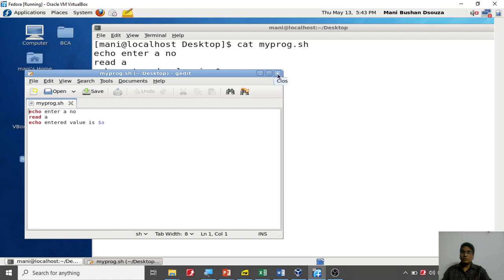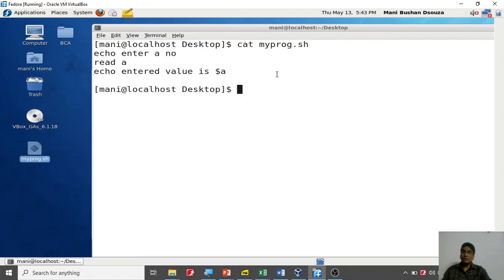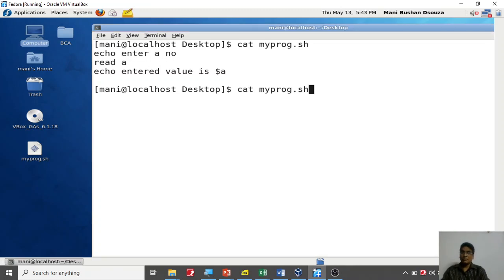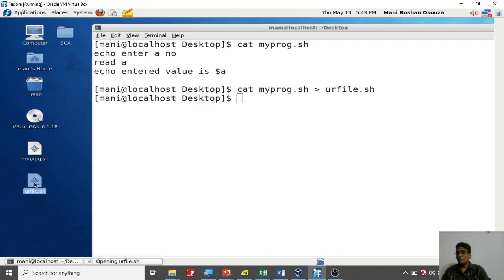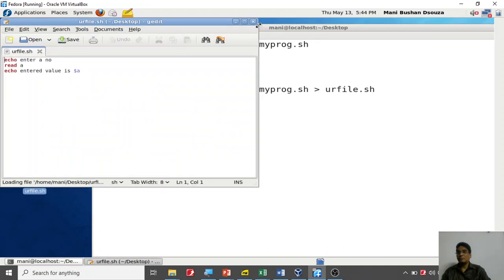Now I want to send this to another file. So look here, I have only one file here. Hope you can see that. So I'm going to use the same cat command, and use the greater than symbol to send it to another file. So I'm going to say yourfile.sh. If I don't specify anything, it's going to show it on the terminal here. When I do this, it's going to create a new file. Can you see there? It just created a new file here. If I open it, that's the same file. It just created a copy of that file.